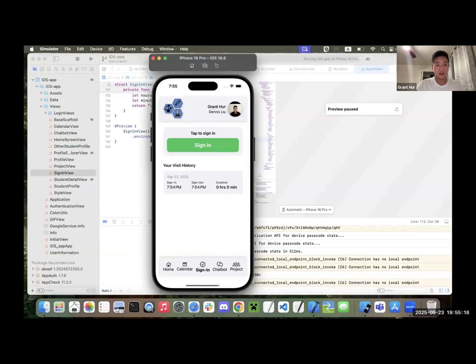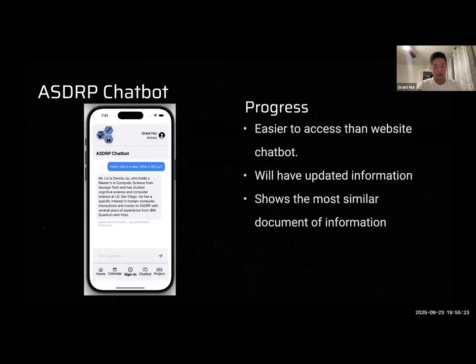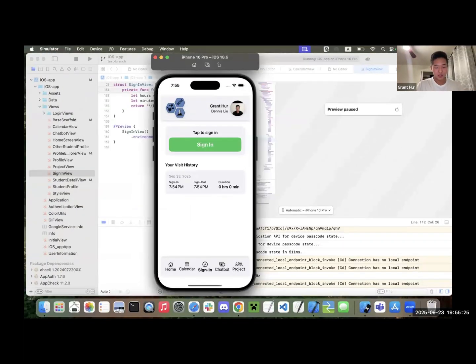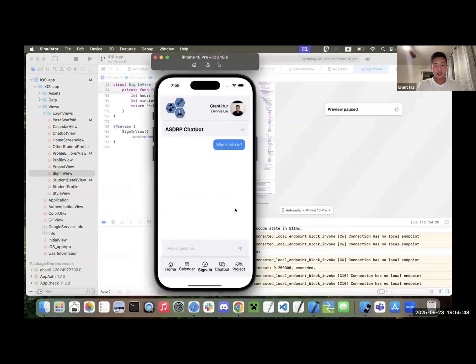Next, let's go on to the slides. I skipped a few slides. Next, I'll talk about the chatbot. So it's this button right here. My teammate Shoya worked on this a lot. The ASDRP website has a chatbot, but it will be easier for people to access the ASDRP chatbot through the phone app. I'm going to ask the chatbot who Mr. Liu is. Who is Mr. Liu? And so it'll think for a second, and then it will give me the answer